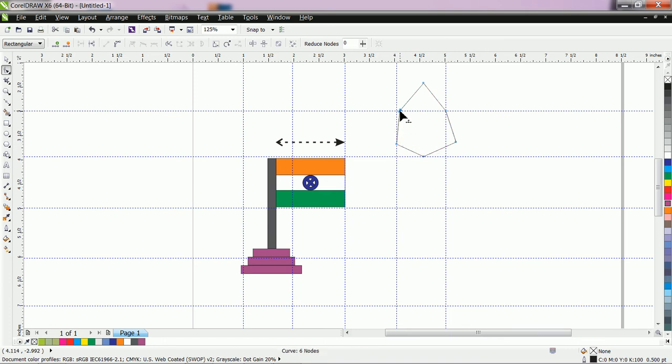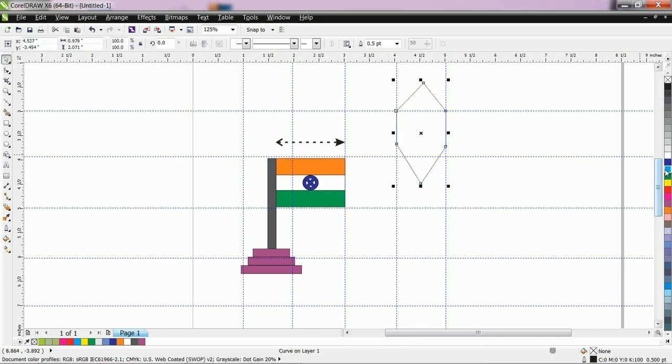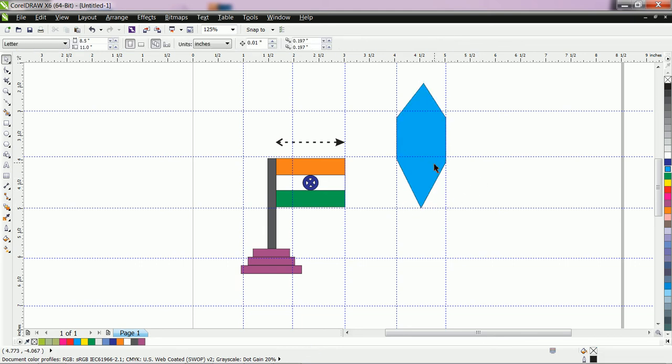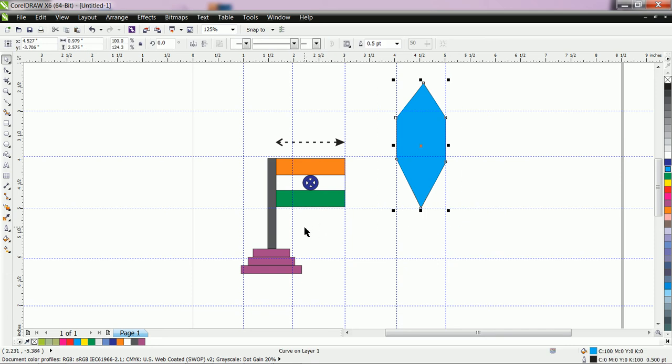But if you want to resize the object, you have to move only nodes, not a line. Okay, and your object should be closed. If your object is open, then color is not applied for that shape. Then that shape is considered as a wrong shape. Therefore, you have to practice some basic shapes like this. Simple drawing with the help of either Bezier tool or pen tool, and then you have to edit shape with the help of shape tool.